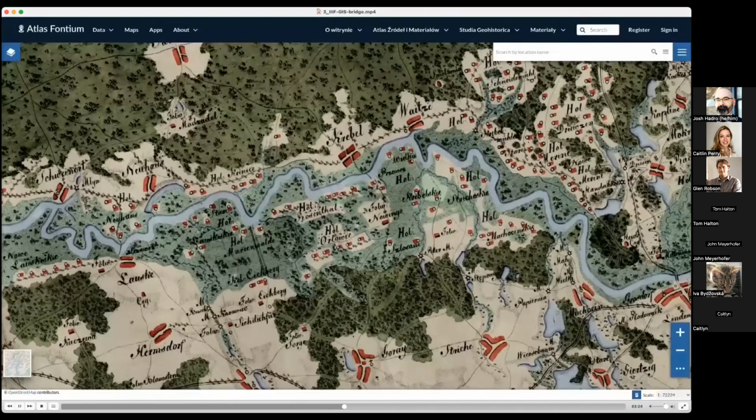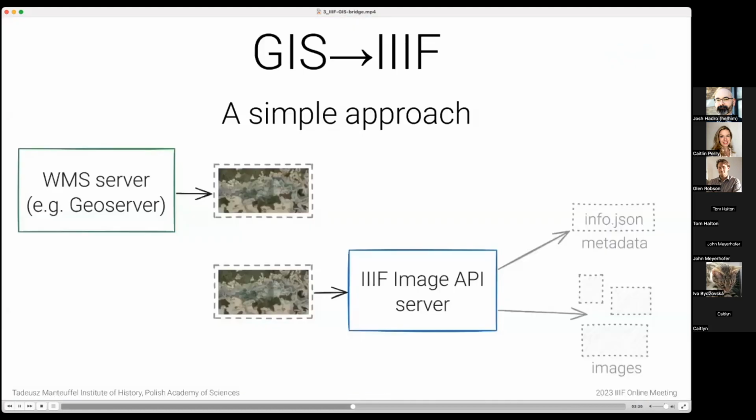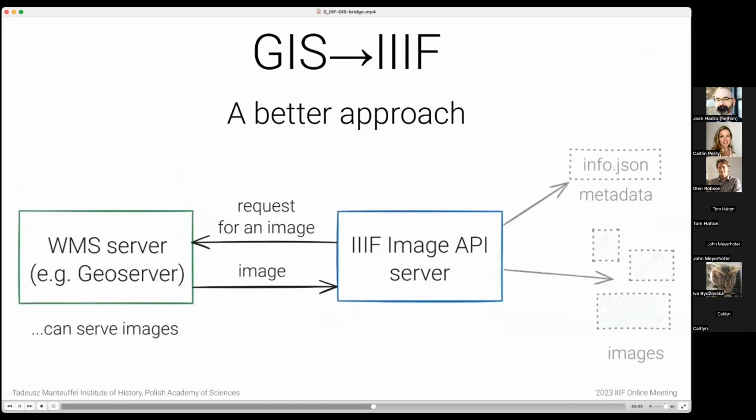Well, it allows you to reuse all the WMS resources, like this handsome map, in IIIF manifests. Of course, you could reduce this direction to producing and republishing images instead of dealing with WMS layers, but we think it's not very much in the spirit of IIIF, and neither is it in the WMS spirit. What we believe to be more in the IIIF and WMS spirit is the publish once and reuse approach, which